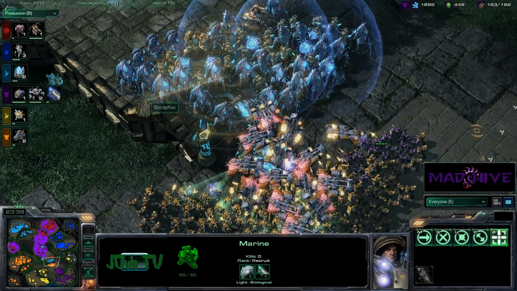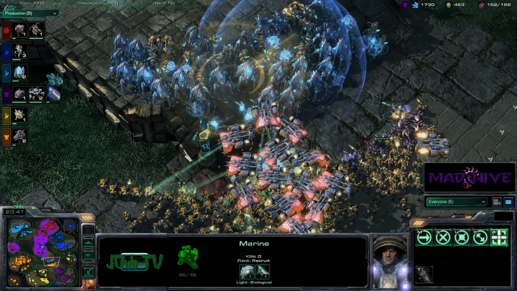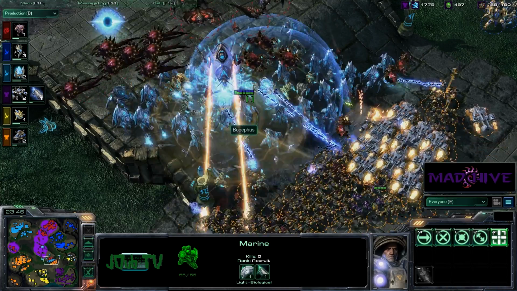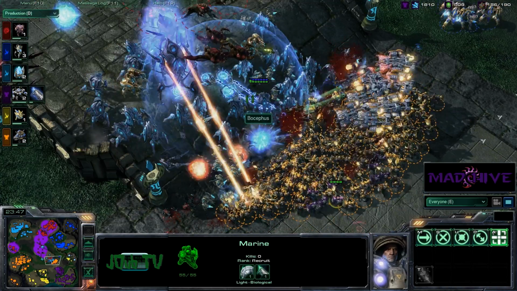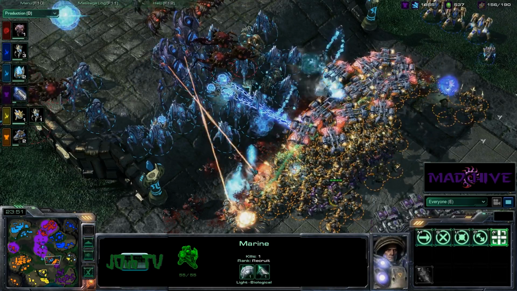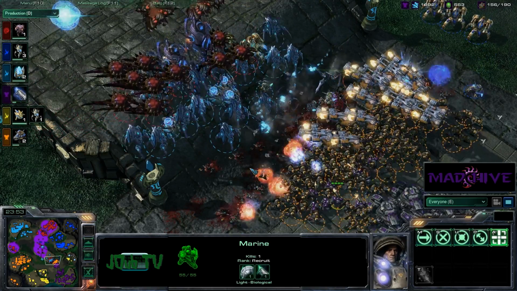But all the Zealots are not being in this battle, which means the Stalkers are all gonna die before the Zealots do anything. You gotta work on that unit placement. You gotta have all your units attack, which means you gotta try to get the Zealots up in front. I know it's hard with...